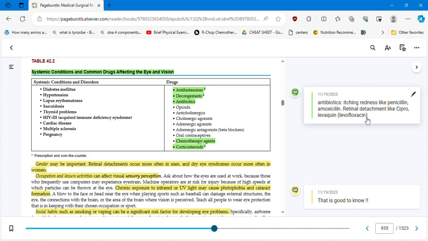Some antibiotics cause itching, like penicillin, amoxicillin, and some others. Other antibiotics like Cipro or levofloxacin cause retinal detachment. Having said that, it's important when we have older adult patients who are changing PCP, maybe because they are moving out of state or moving with the family, whatever the reason, that the new PCP knows the history of the antibiotics that the patients are taking, because